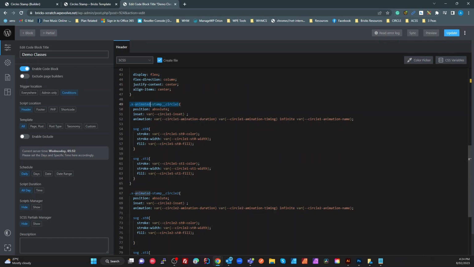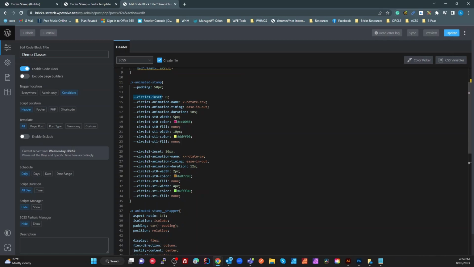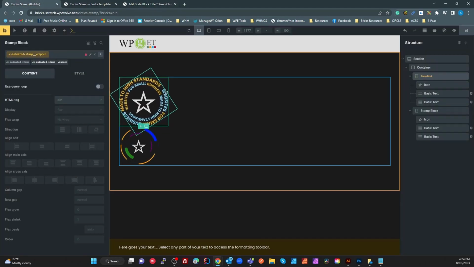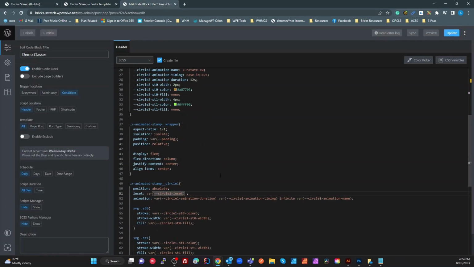So anyway, our first circle, circle 1. Okay, position absolute, inset, circle 1 inset 0, which means that we're going to go all the way to the top, right, bottom and left. So you can see from this box that outer circle fits inside the box. Okay, and then we've got